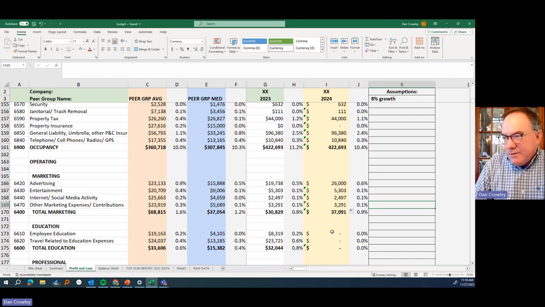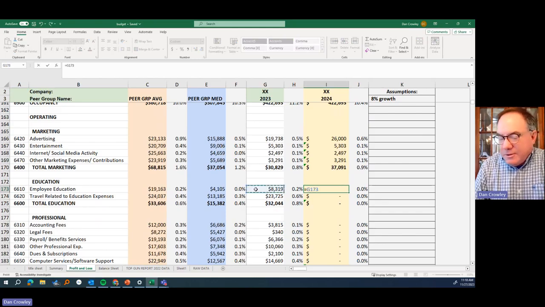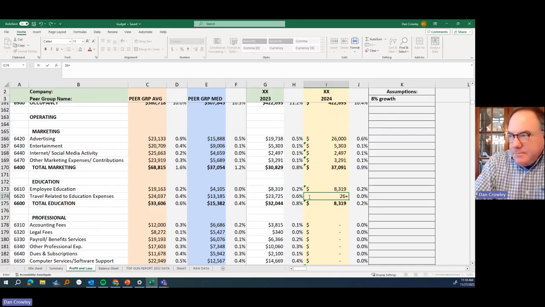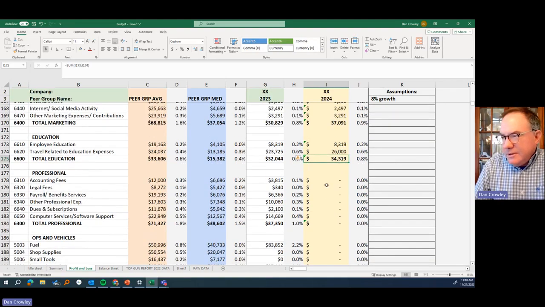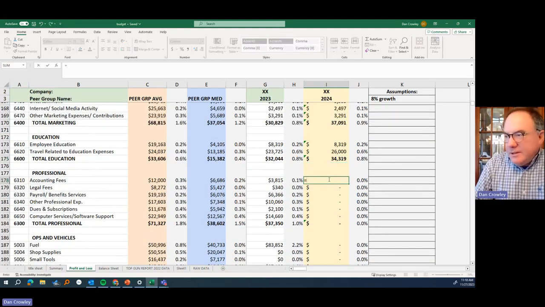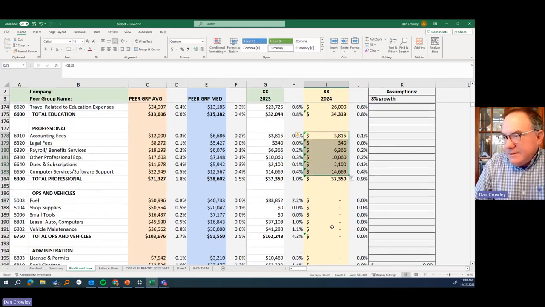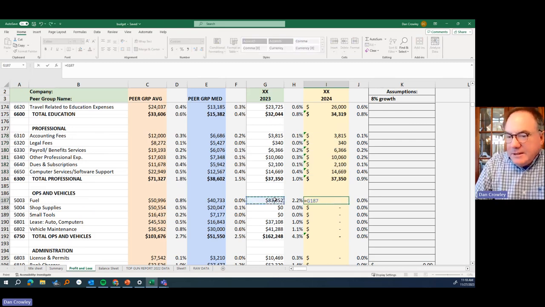0.1%, but a total of $7,000. Education and travel related. Well, we do know travel is going up, so I'm not afraid to go to about 26,000 there. It gives us a new number. Again, there's an increase. These are professional fees. I don't anticipate any changes there. Keep that the same. And then this is overhead related to